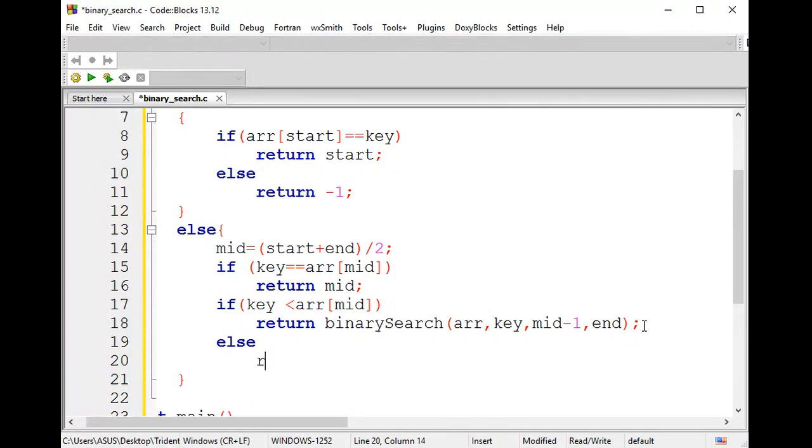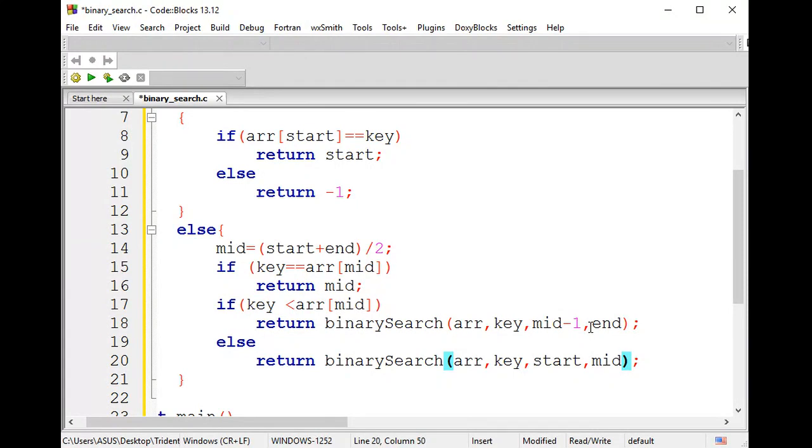The value will be greater than your mid value. So you're supposed to call your binary search where your end value should be modified. Your start remains as such, where your end value should be modified with, where your end value, are we doing right? Low value is modified, okay.